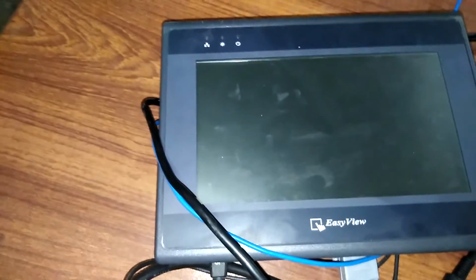The size of this HMI is 7 by 7 inches. It may be available in large screens, up to 21, 30 inches or maybe 50 to 55 inches. HMIs are also available which can display the whole data on one single screen.